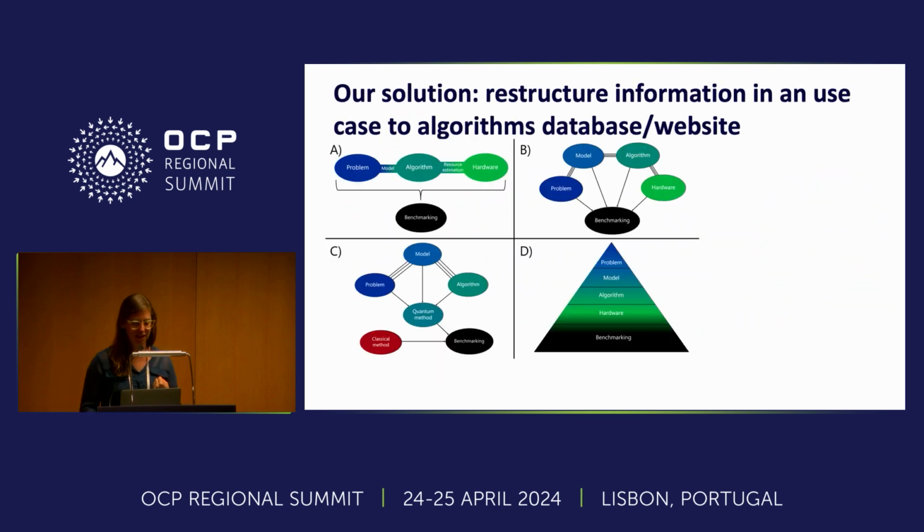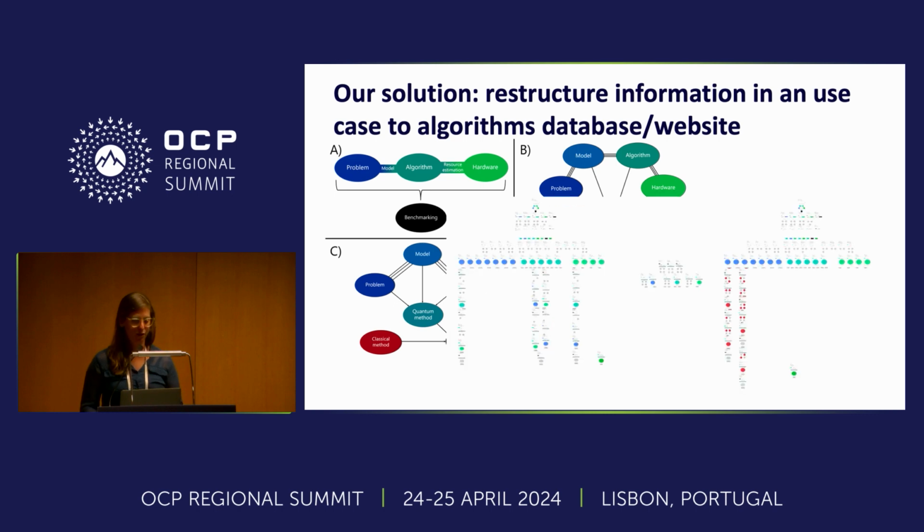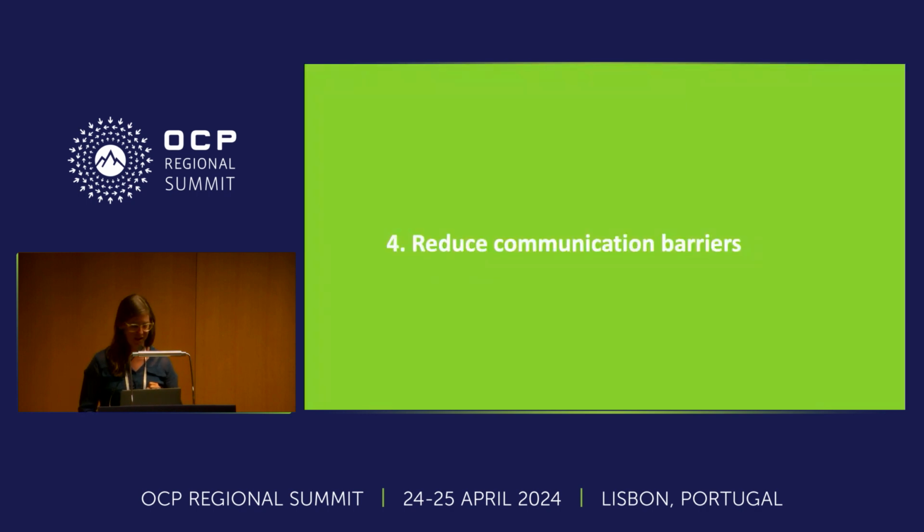So we are thinking about that in terms of a website, and we're doing a lot of work at the moment building up a database that's going to underlie that website, to provide a tool that different types of users, all the way from the algorithm side to the end user, could be at a political or government level, an education level, or an industrial level, can engage with and get things at different levels. So we want to reduce communication barriers.